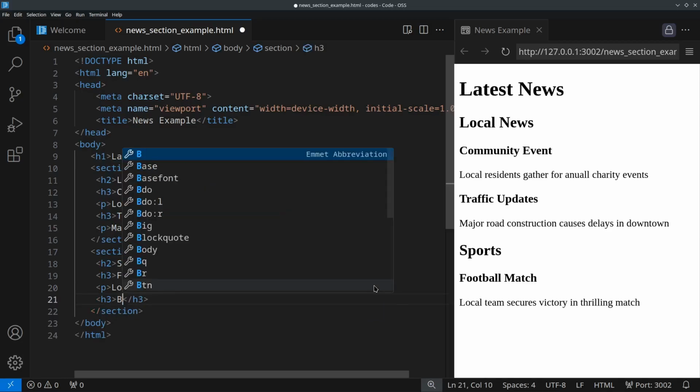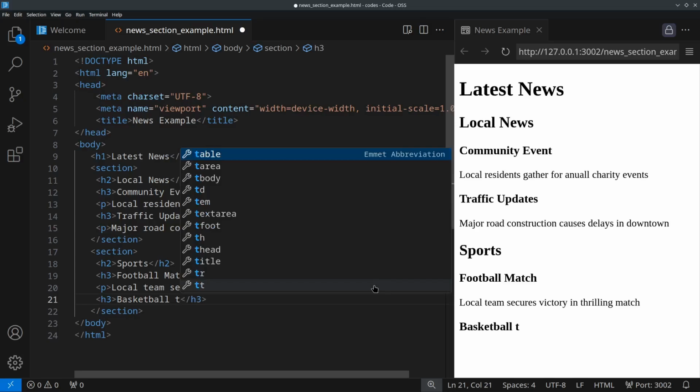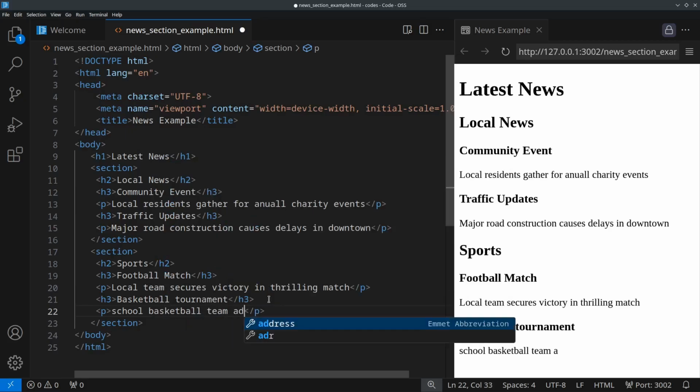I'm going to open an H3 element and type basketball tournament. Now I'm going to add also a brief sentence for the basketball tournament. Type school basketball team advances